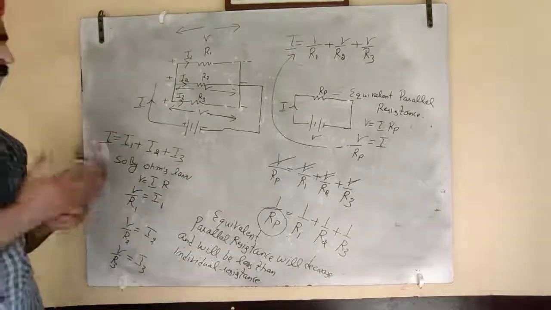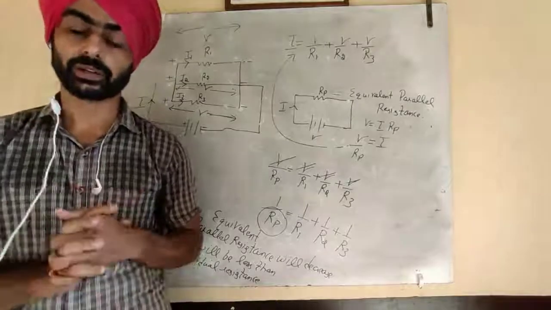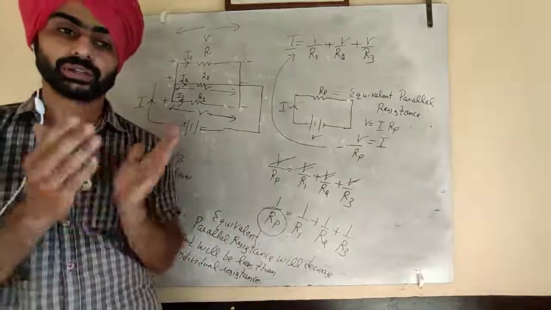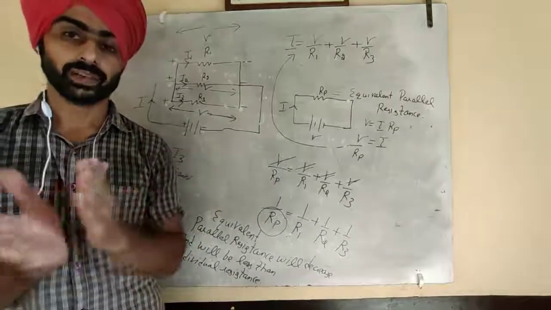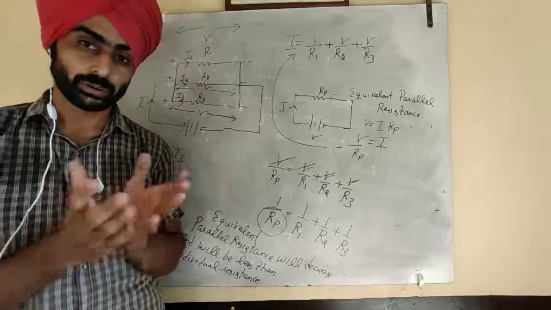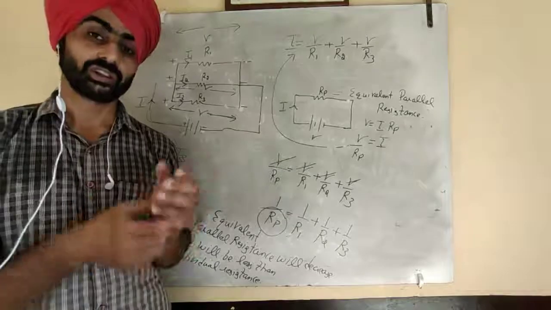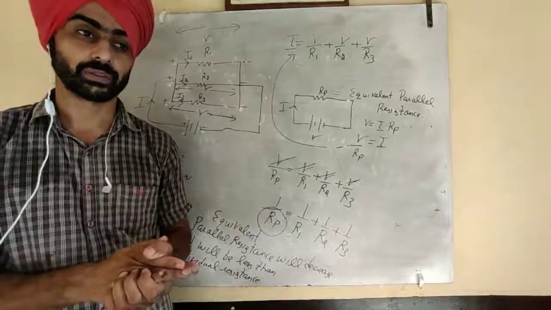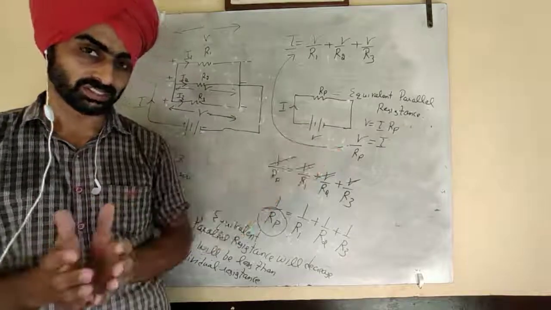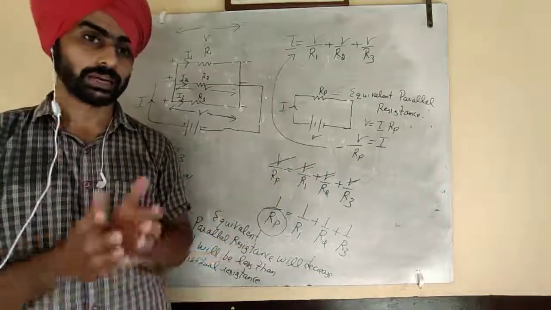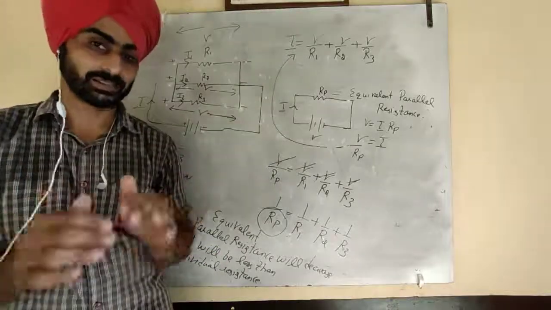So this is a concept in parallel combination. You have to remember what is the same in series combination. Current is the same in series combination, but the potential difference across each resistor is different in series combination. So what is the same in parallel combination? Potential difference across each resistor is the same in parallel combination. What is different in parallel combination? Current across each resistor is different. So the resistance is going to increase in series combination and resistance is going to decrease in parallel combination. Equivalent series resistance is going to increase and equivalent parallel resistance is going to decrease.